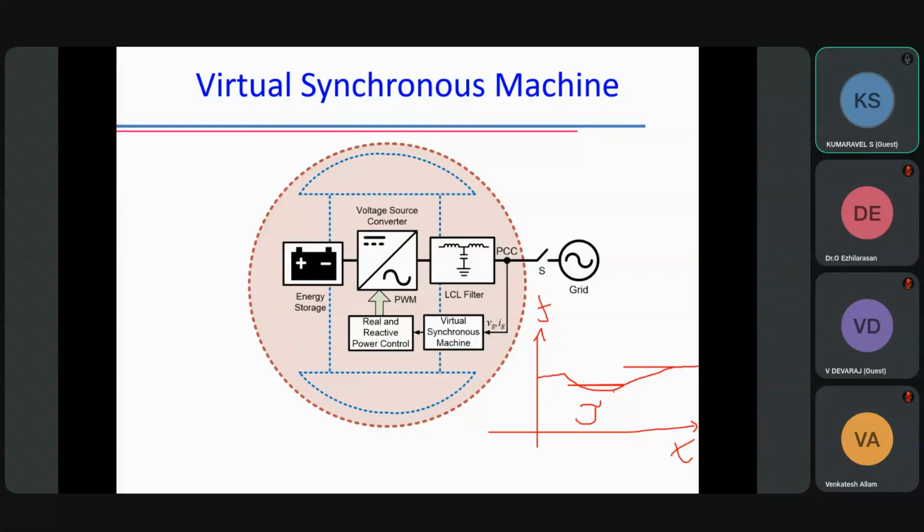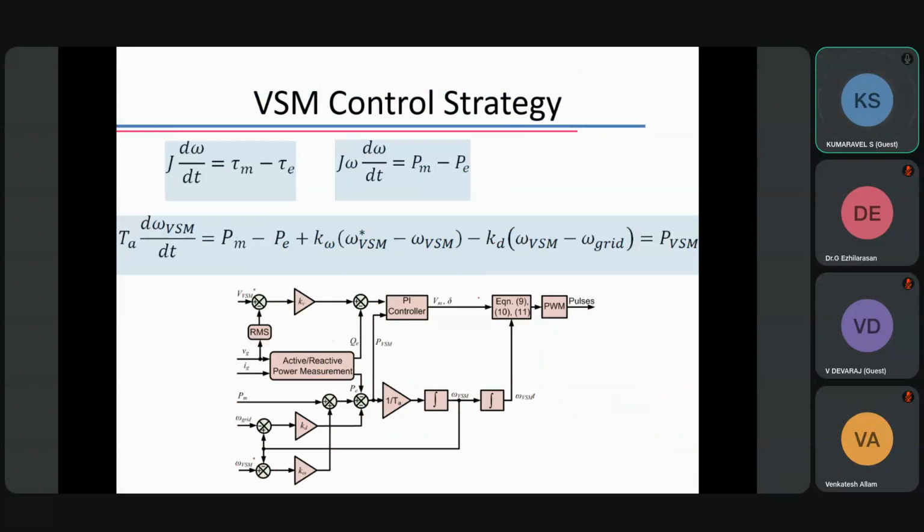Okay. Construction-wise, it has a battery, a bidirectional DC to AC converter, a filter and a control technology. This control strategy all together is called a virtual synchronous machine. You may ask how I have improved the performance of this virtual synchronous machine using an AI technique. Here, the control of the synchronous machine is playing a major role. This is detailed mathematics. Considering time, I am not looking into the detailed explanation.